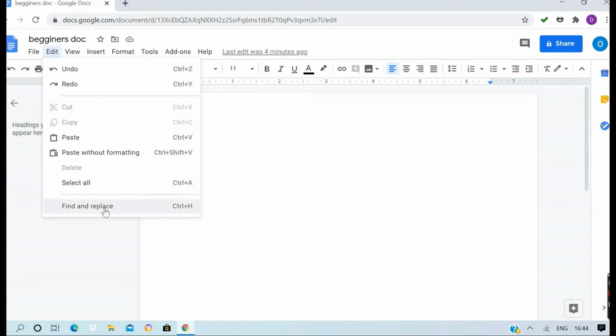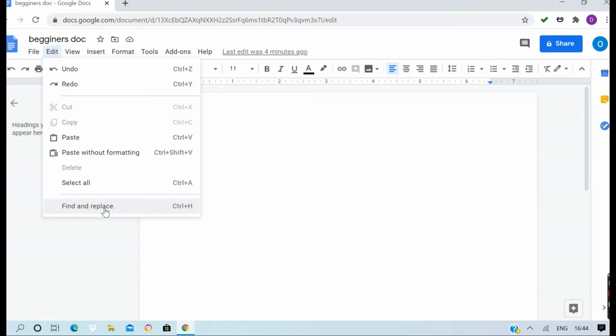And find and replace is also a very interesting option. If you have typed a long document, a documentary on something, for example, a documentary on girls' education, and in that you have typed the word education with the wrong spelling, and that word appears in many places.